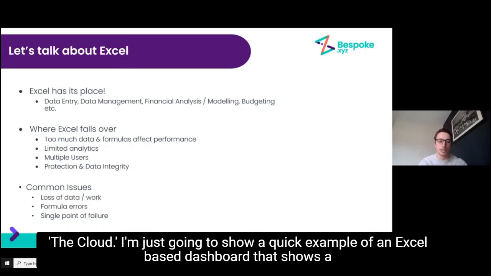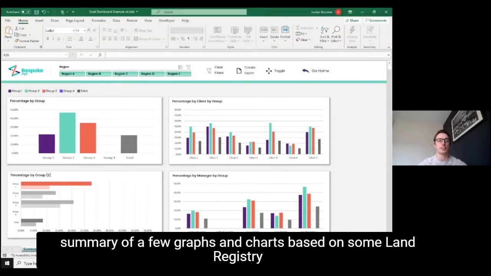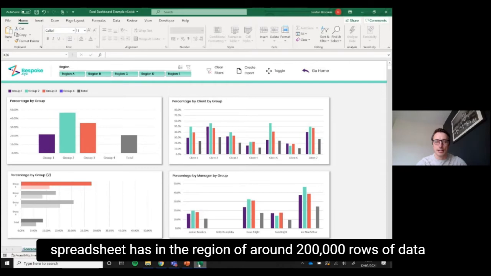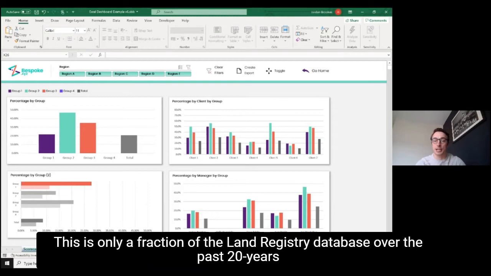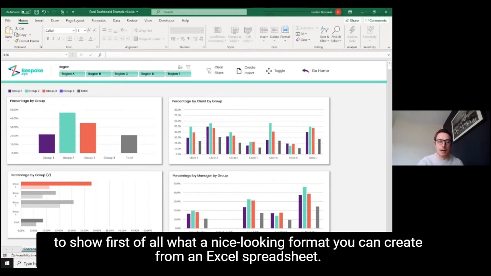So I'm just going to show a quick example of an Excel-based dashboard. Here we go. That shows a summary of a few graphs and charts based on some land registry data, so property information, and split by client portfolio. So this specific spreadsheet has, I think, around 200,000 rows of data in here, which is only a fraction of the land registry database of the past 20 years, which is publicly available data. And we built this dashboard in Excel to show first of all